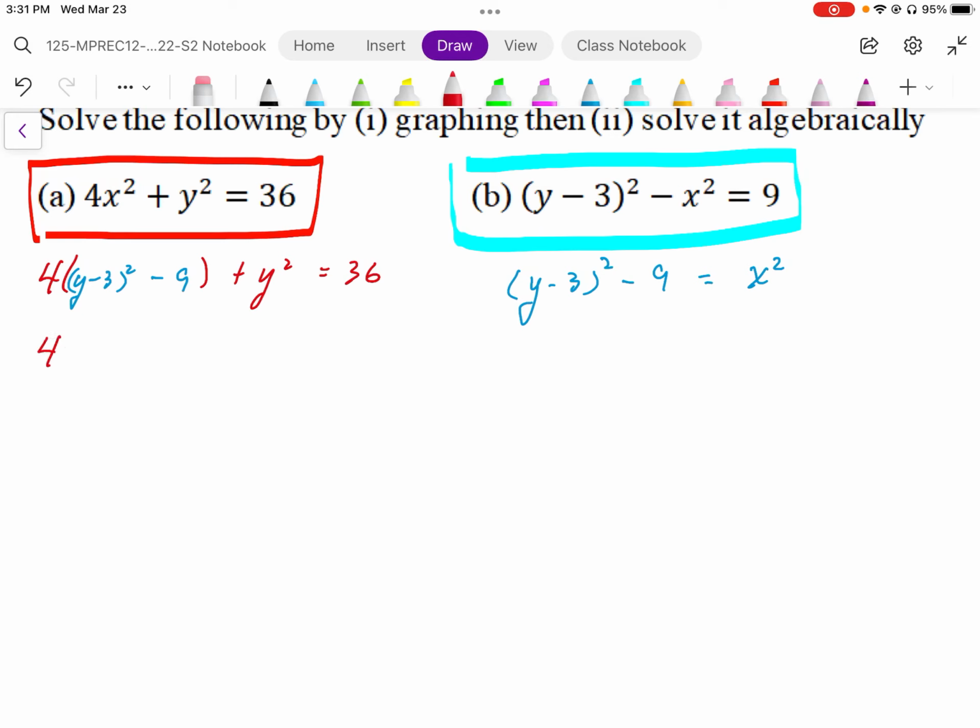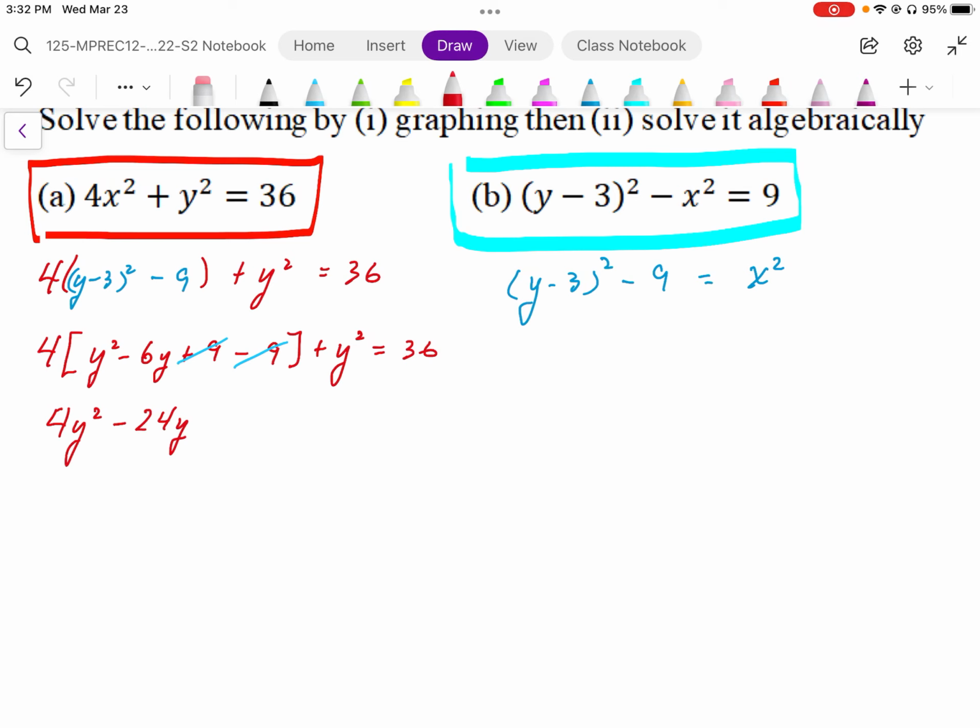So we're going to end up with 4, and I'm just going to expand this out. This is going to be y squared minus 6y plus 9, and then minus 9 plus y squared equals 36. Since it's a quadratic, we're going to make it equal to 0. We're combining like terms first. So plus 9 minus 9 cancel out, and so we're going to be left with 4y squared minus 24y